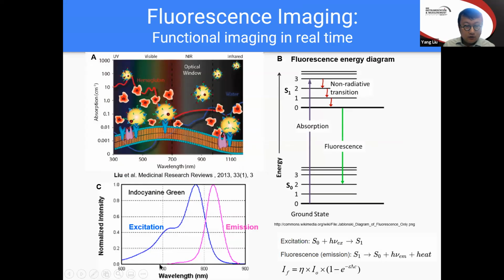Here's a quick background about fluorescence. Fluorescence is a phenomenon where a molecule, a so-called fluorophore, can absorb a photon, go into the excited state, and come back to the ground state through radiative transition, and in this process emit another photon. The interesting thing about fluorescence is that your excitation and emission have different energy levels. And that allows a very easy way for spectrum separation. Essentially, you can separate your signal from your background. So that's very desirable.